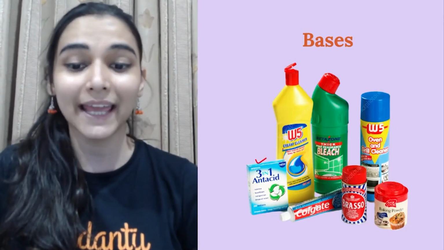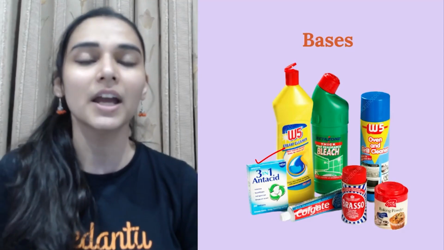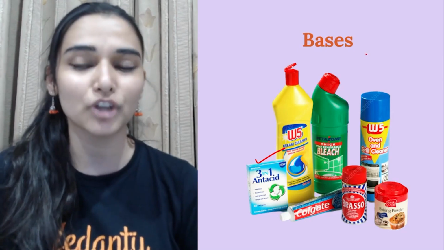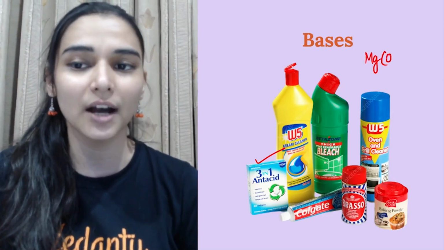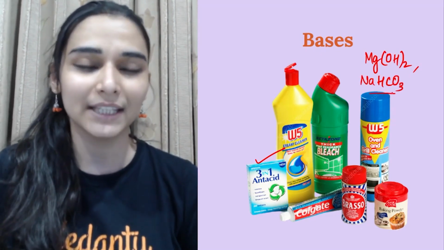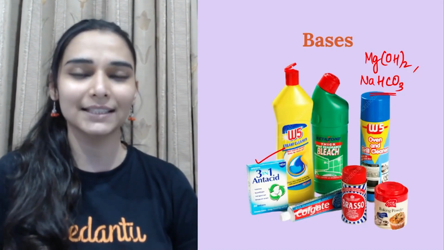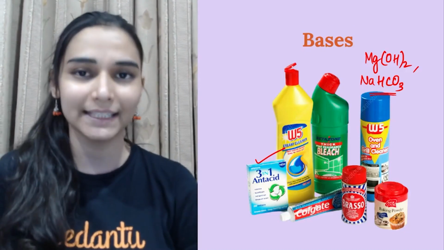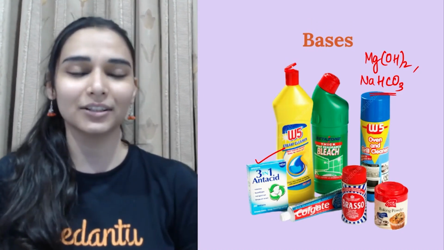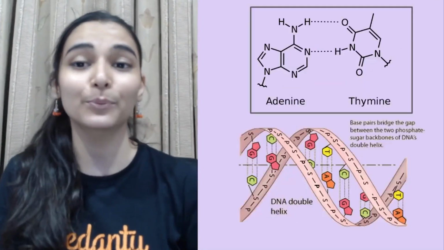Apart from that, antacid is very important. Whenever you have indigestion in the stomach and the acidity increases, the doctor advises you to take some antacid tablets like milk of magnesia. Sometimes they advise you to take sodium bicarbonate, that is baking soda, because they are mild bases. They react with the excess acidity produced in the stomach and neutralize it, so that you feel better. Baking powder is used to increase the fluffiness of your cakes, and it also does not make the food item bitter. So there are plenty of bases around us.